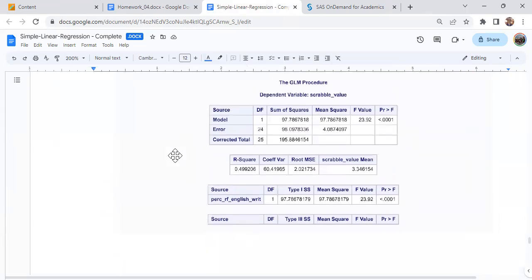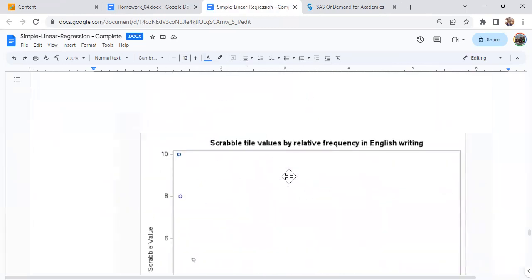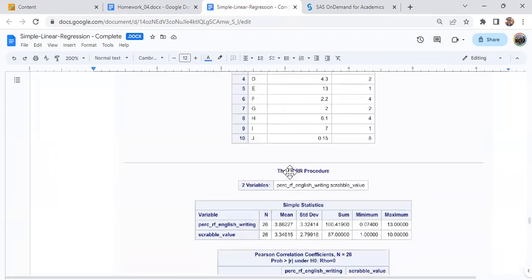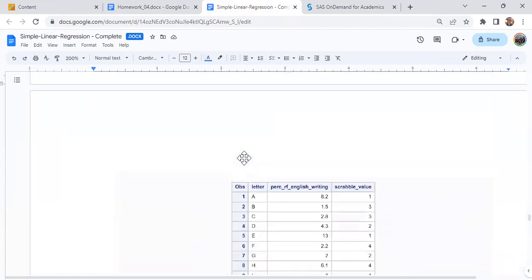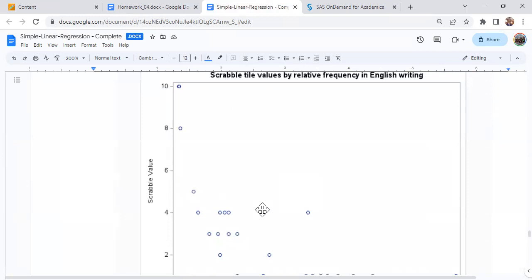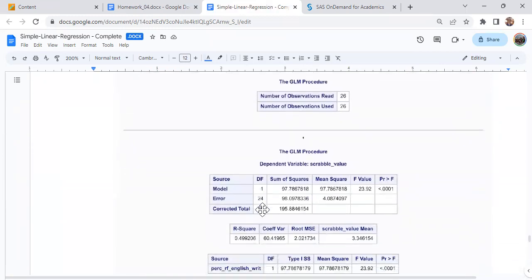Okay, so the regression output, this other stuff is exploratory data analysis, like from PROC CORR, looking at the correlations of variables in the data set. This is just printing the data set. This was a scatter plot made with PROC SGPLOT. Okay, the output that is specifically from fitting the linear regression model starts with a title in SAS called the